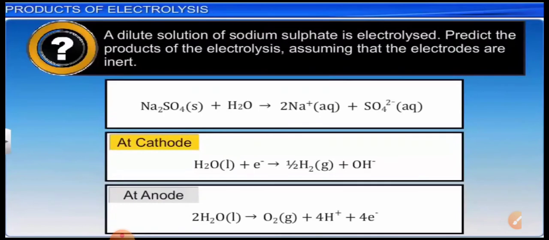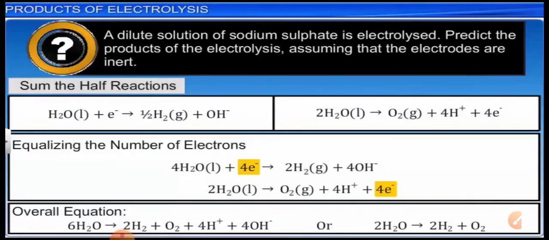Water will generate hydrogen at the cathode. Water gets electrons and is eventually converted into hydrogen gas and hydroxyl ion. This is the first reaction. In the second reaction, which takes place at the anode, water is converted into oxygen plus hydrogen ion. So these two reactions will take place. Water is converted into oxygen and water is converted into hydrogen as well. So it is all about electrolysis and the products of electrolysis. You may calculate the final reaction by combining these two half-cell reactions.